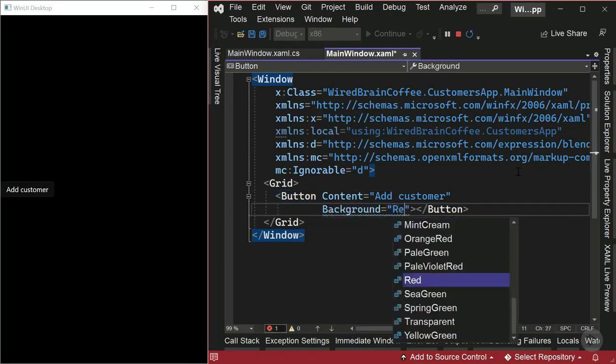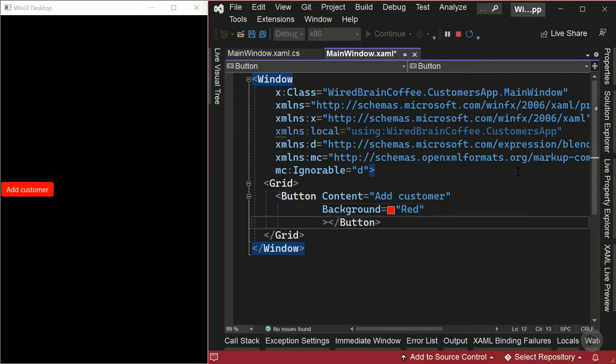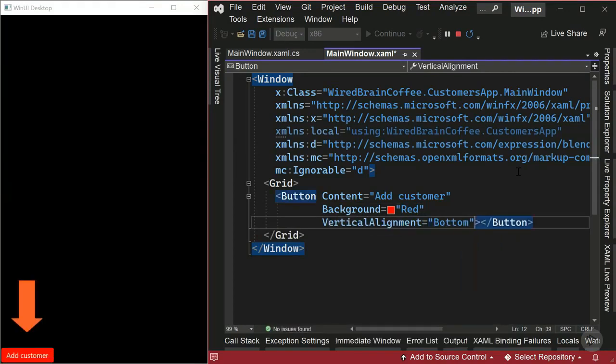You can set, for example, the background property to red and you see now the button is red. I will remove this again later. I just do it here so that you can see it a bit better in this dark user interface. By the way, the user interface is dark because my Windows 11 theme is the dark theme. If you are using the light theme, you will see the application with a light user interface. Now let's set on this button the vertical alignment property. You can set it to bottom and you see now the button is at the bottom. Let's set it in this